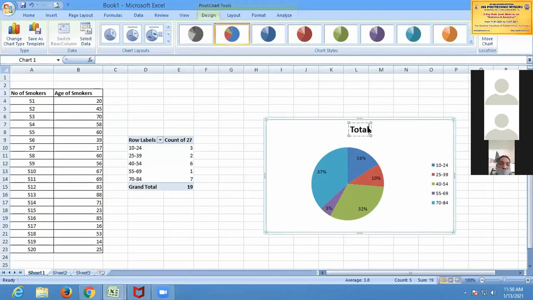Instead of total, you can click here and type: number of survey of smokers with different age group.